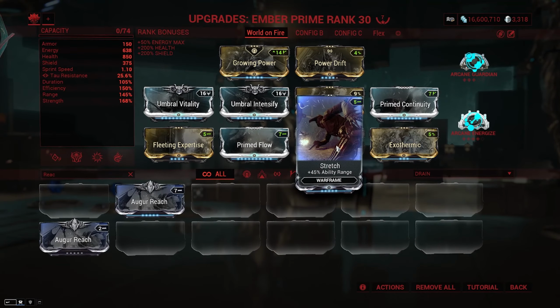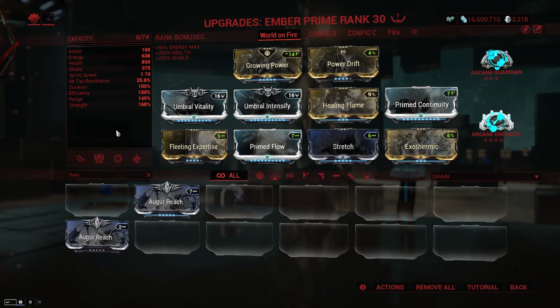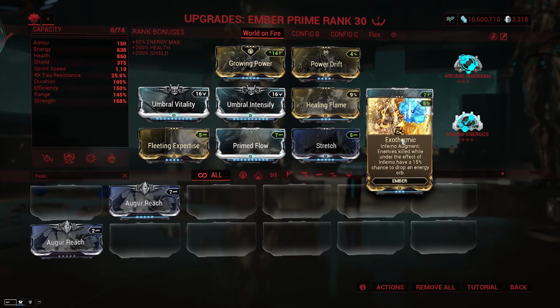We have Stretch for extra range. Of course, our 4 and 3 go off of that range, so it's pretty important to at least have some. Exothermic just gives a ton of energy to ourselves and teammates. We need a lot of energy, but maybe our teammates do too, and this does affect them, so it's pretty